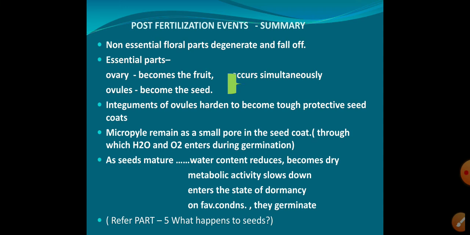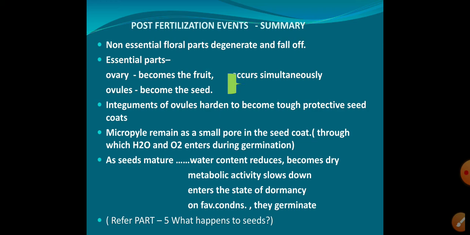As seeds mature, water content reduces, they become dry, and the metabolic activity slows down, entering the state of dormancy. On favorable conditions, they will start to germinate. All this we saw in the last class. You can refer to part 5, what happens to seeds. I've just summarized all that here.